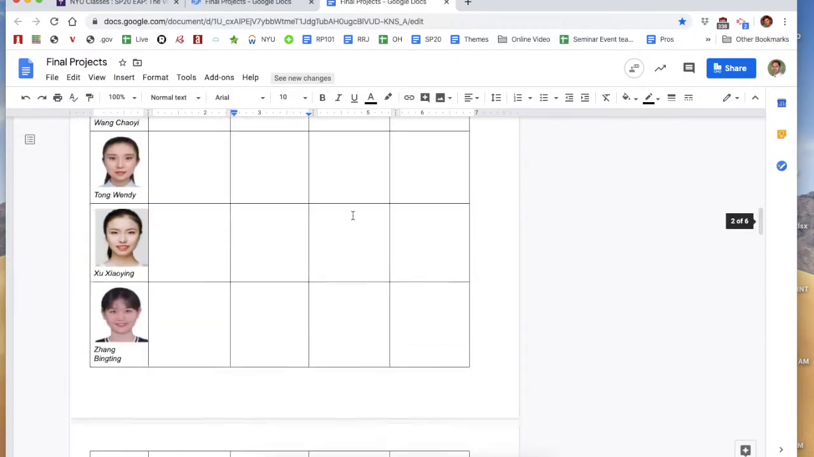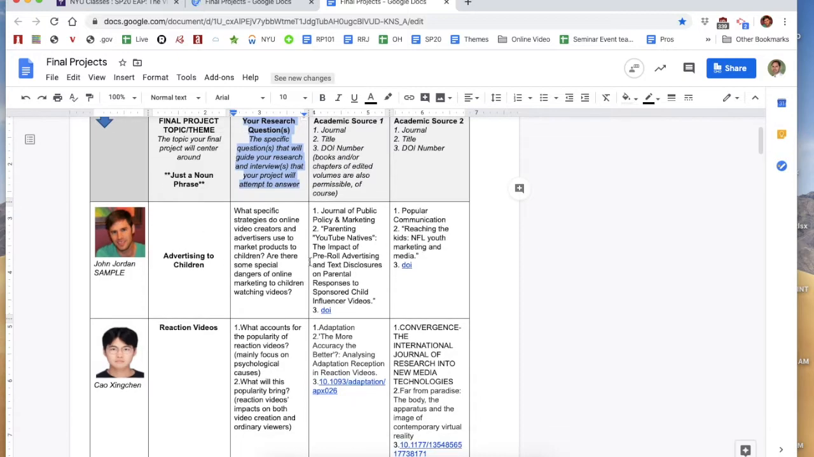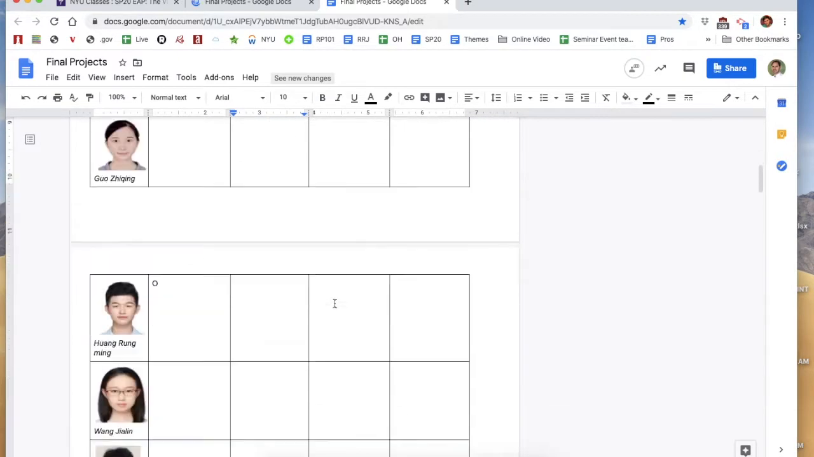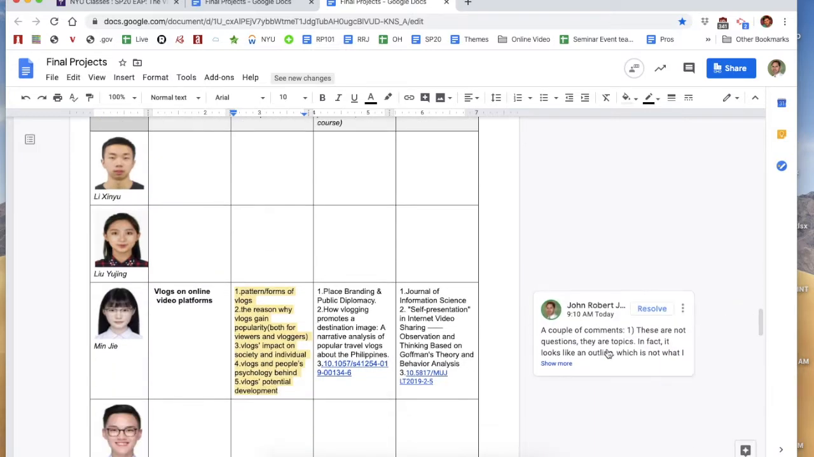Really the most important thing here is your research questions. That is the specific questions you're going to be using to guide your work. I gave an example of mine. Some of you have started this, but not everyone, of course. And then as we've done before, I will be giving you comments here, and those comments will help you guide